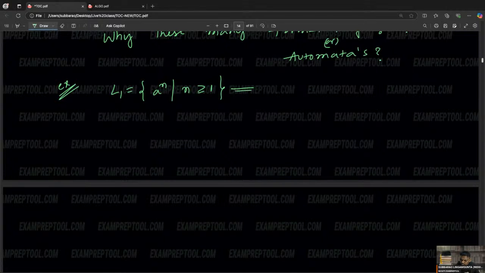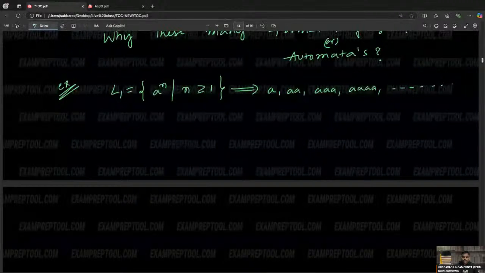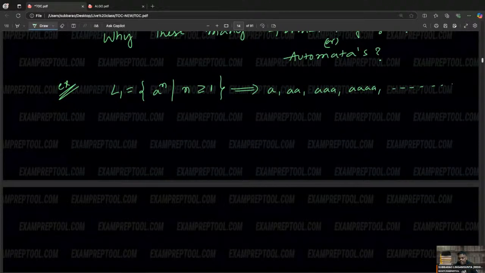If you observe the strings of this particular formal language, you get a, double a, triple a, 4 a's, and so on. It is accepting any number of a's. So it's a formal language accepting these kinds of strings. Now some people are asking, sir, can you draw the finite automata for this? Remember, this formal language is accepted by finite automata. You may not get full clarity, but I will give a little idea.